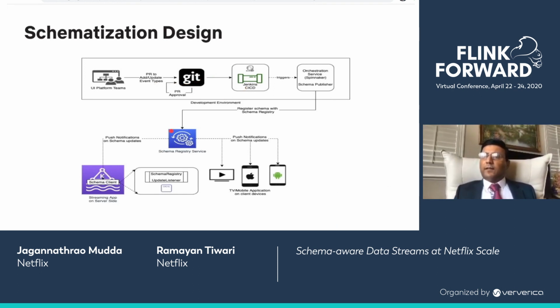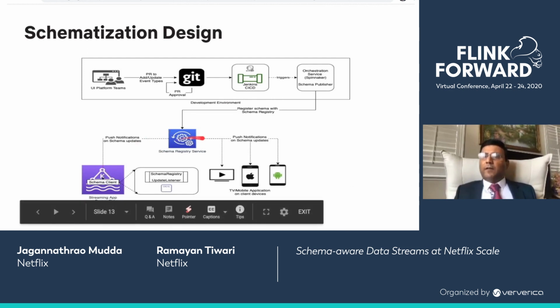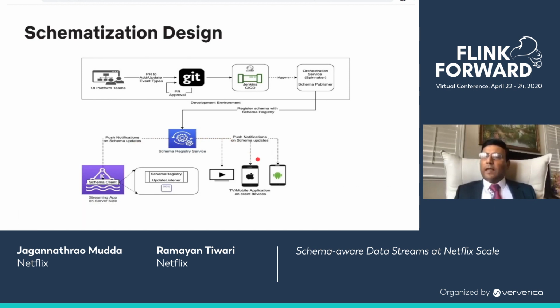The schema registration service notifies all the schema clients that are subscribed for getting notification for any schema updates. When a schema client which is part of the streaming application receives a notification, it fetches the latest schema from the registry. The schema client caches the recently used schemas so that any subsequent call to fetch the schema is from the local cache. The schema client is encapsulating and running all these activities in the background so that the application can fetch the latest schema without incurring any additional cost.